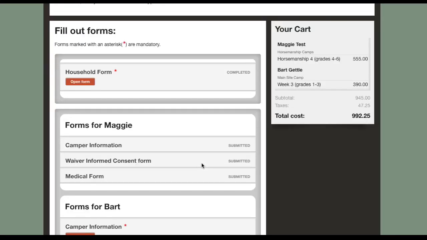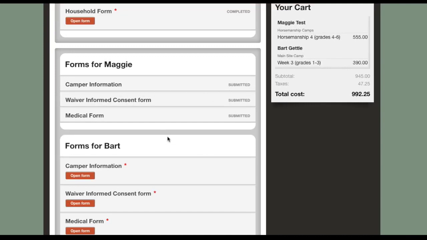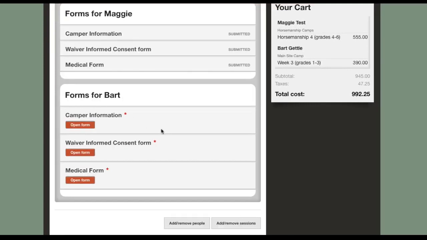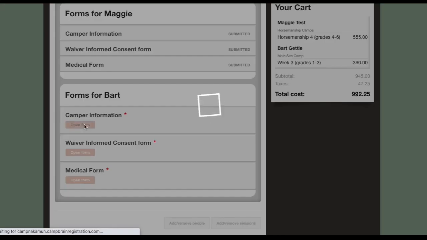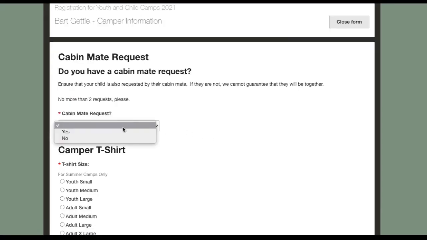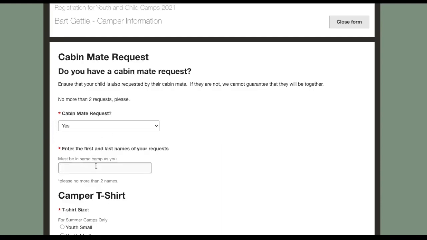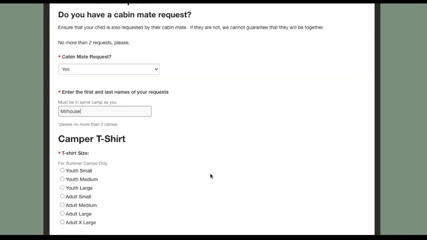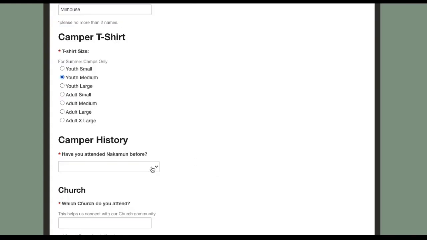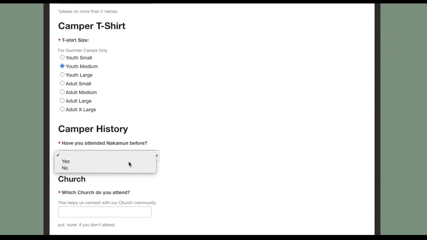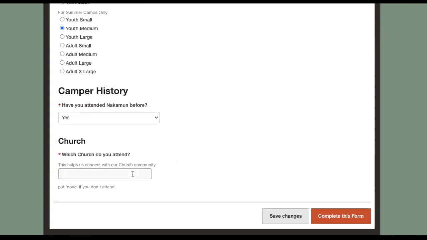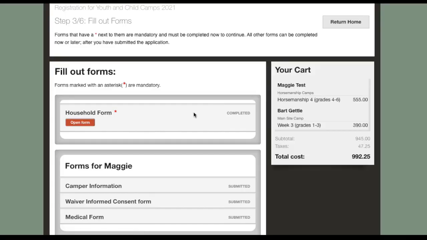Ooh, his is already. No. So yeah, see Maggie, I finished all her forms already, but I can show you for Bart. These need to be completed before you can move on. So if there's a cabin mate request, of course, who is going to be Bart's cabin mate? We all know. And the t-shirt size helps us for order. This just helps us know